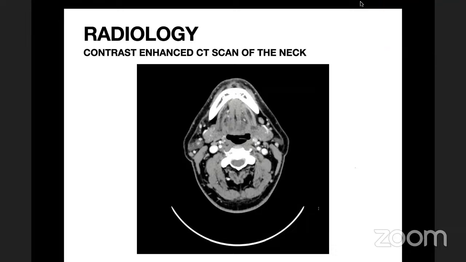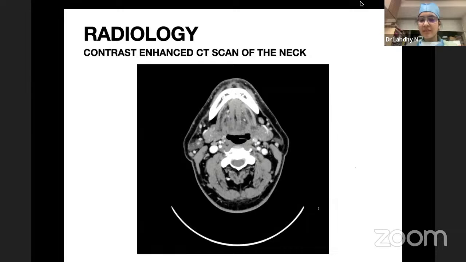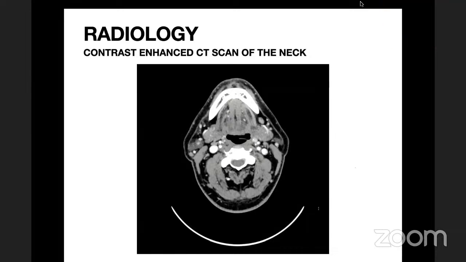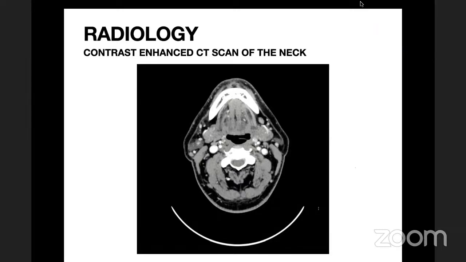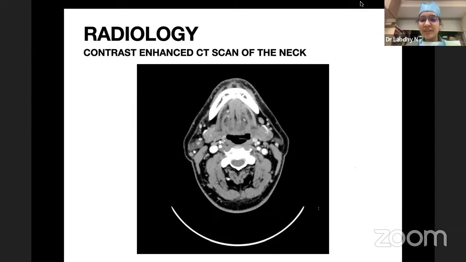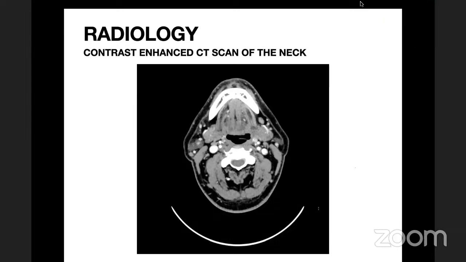Okay. Sorry, madam, for the interjection. Madam has given you a hint. Yearly. Do you need to look at the chest of this patient? What is the incidence of second primaries in such patients who've got a history of tobacco abuse? Yes, ma'am. There is a risk of second primary. What is it? 10 to 15%. You need to know all this, because it's important.